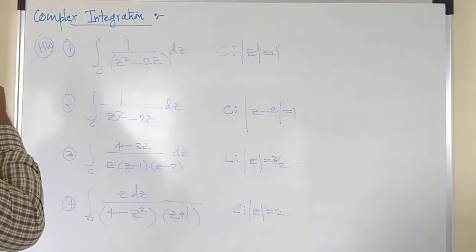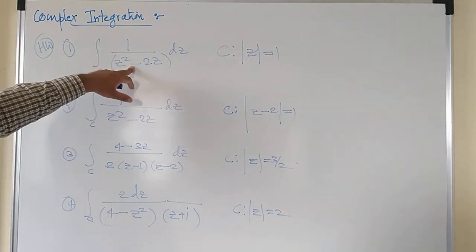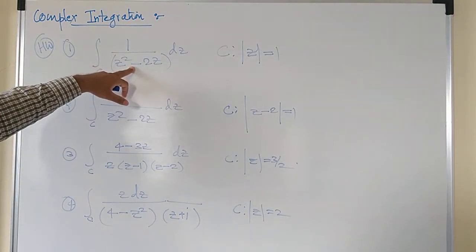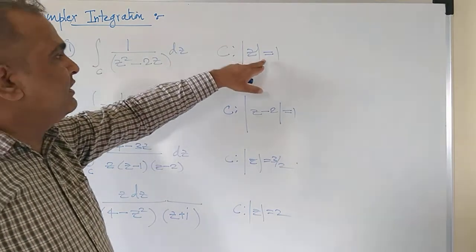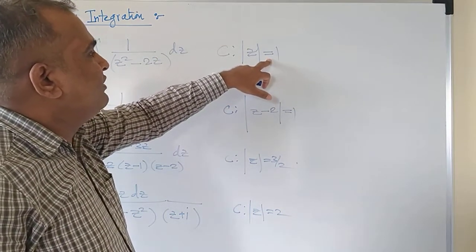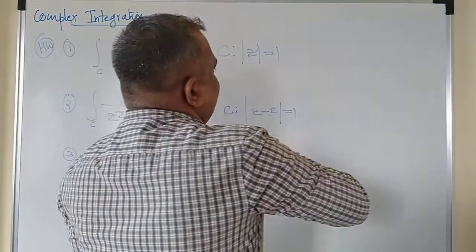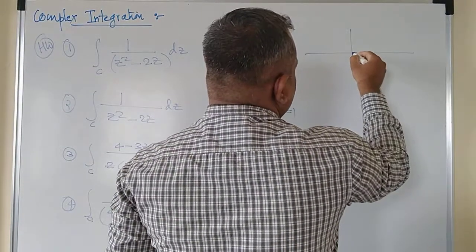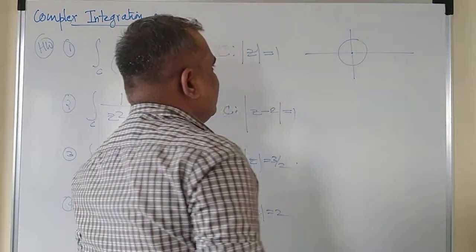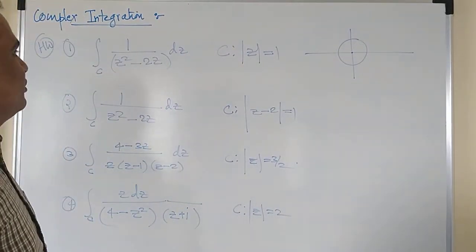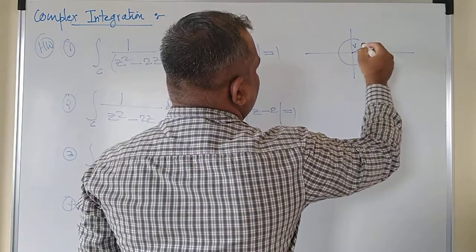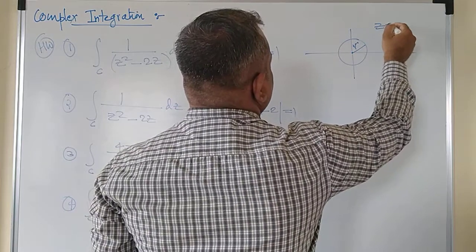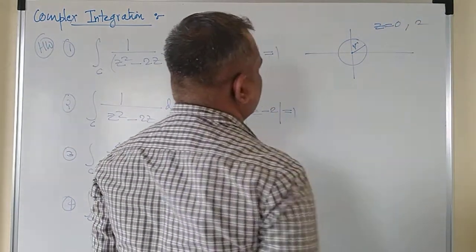Let me give you some idea. So here you can take out z common, and inside the bracket you will get z minus 2, right? So the poles are z equals 0 and z equals 2. These are the two poles, and this equation gives you radius equal to 1 and center equal to 0, 0, right? If the radius is 1 and center is 0, 0, then your diagram will be in this way, whose radius is 1, right? So r being 1 and your poles are at z equals 0 and 2. These are the two poles.